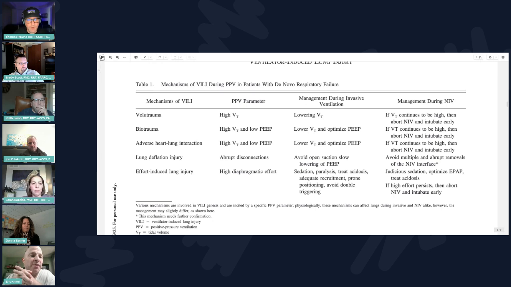Right. And I've worked in hospitals that exclusively use PRVC as a mode. And the number of times I've been called to the room for a low pressure alarm, which I know is because the patient's demanding more volume than the machine wants to give. So, as you said, it's making bad decisions in the face of strong effort. It's reducing the support to the point where your low pressure alarm is going off. By the time I get there, the nurses have resedated the patient. And the minute I get there, I'm like, no, please don't do that when this happens.